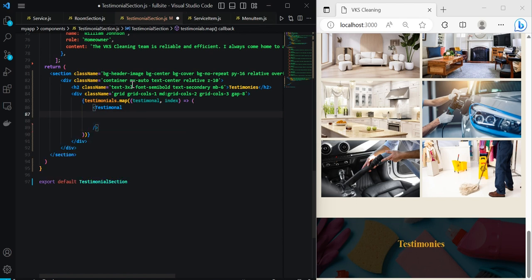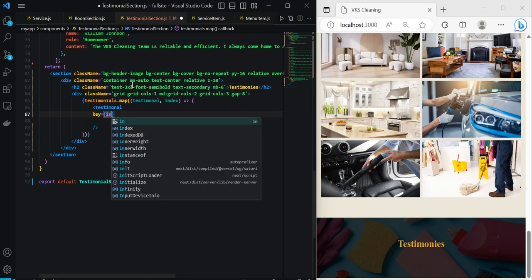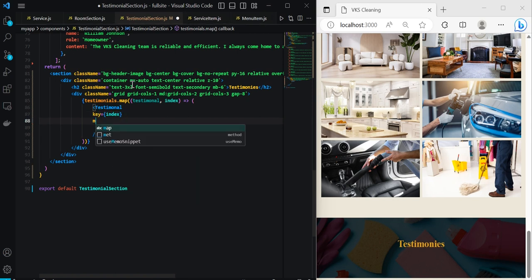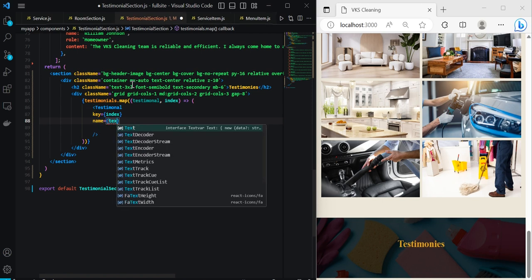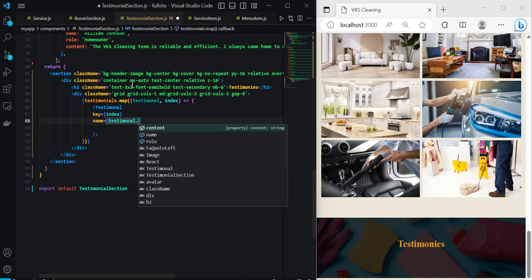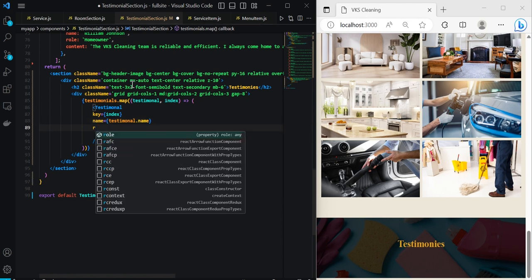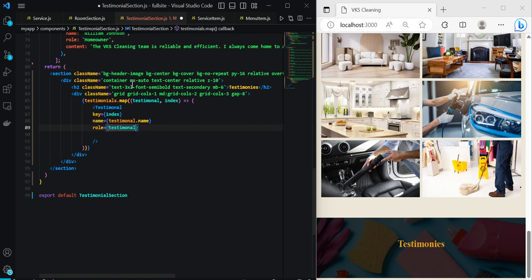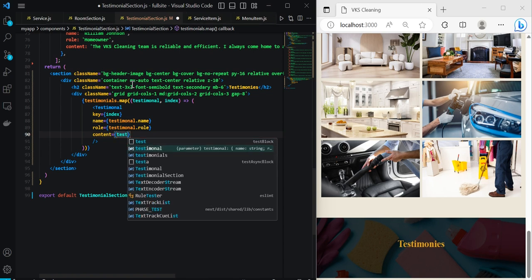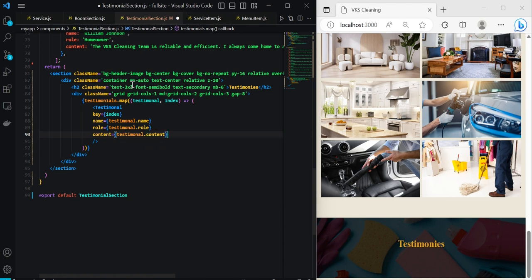And it is a prop, so we need to pass some things to it. So we'll start with the key, and that's going to be the index, and the name is going to be testimonial.name, and then the role is going to be testimonial.role, and the content is going to be testimonial.content. And if we save this,